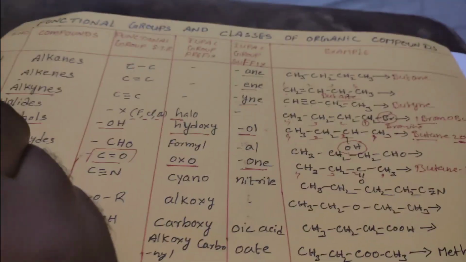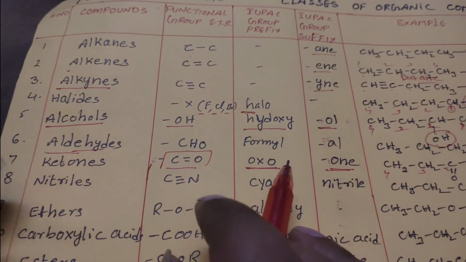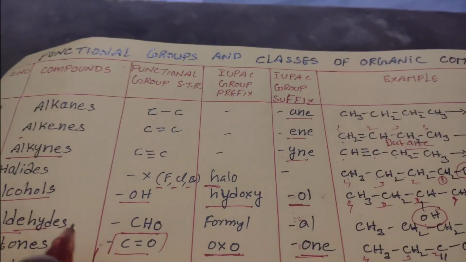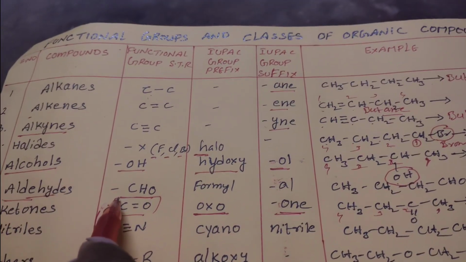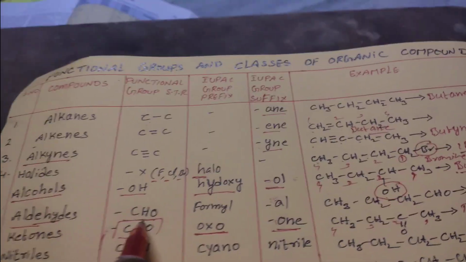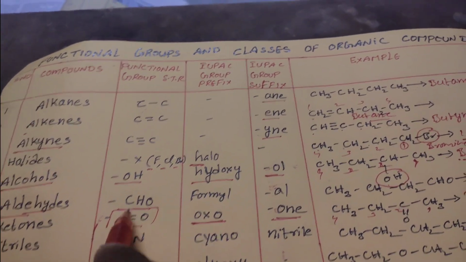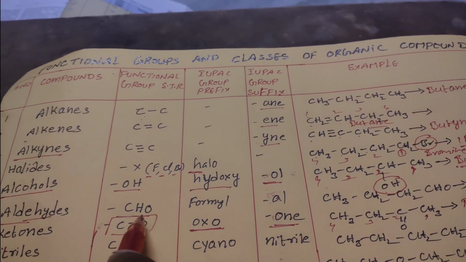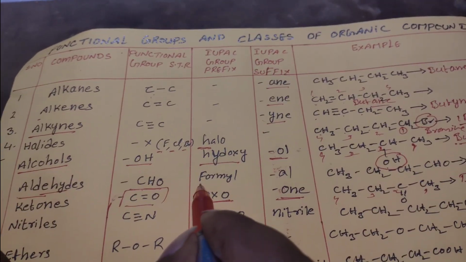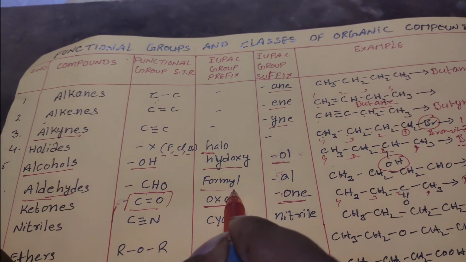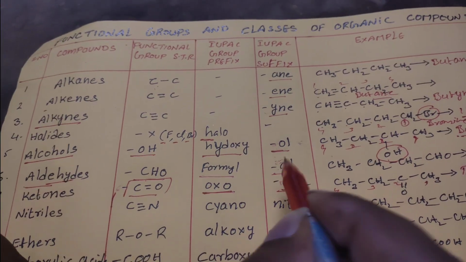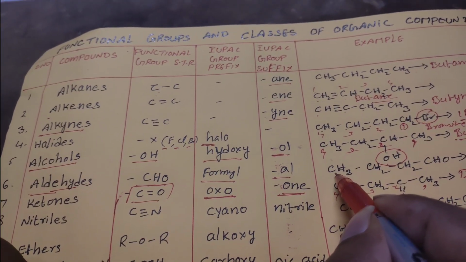And next one is the aldehydes. In the given structure they may have a CHO group. The CHO group we simply consider as the aldehyde. If the aldehyde is given as a prefix, that is, as a substituent, we call it formyl. If it is given as a suffix, we call it al.